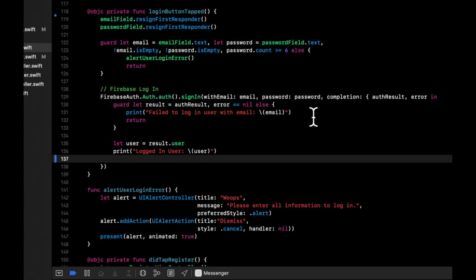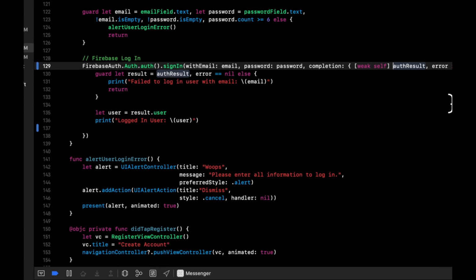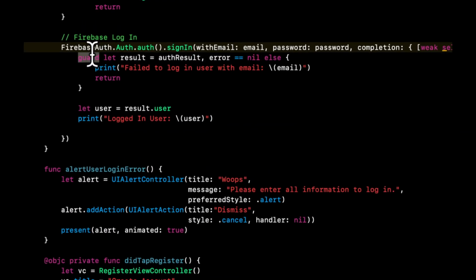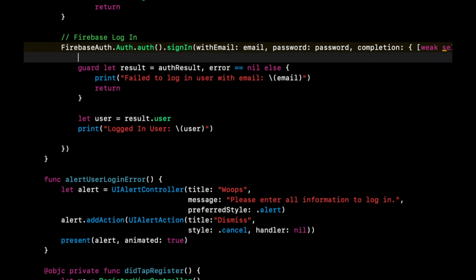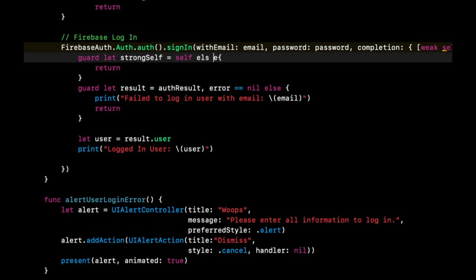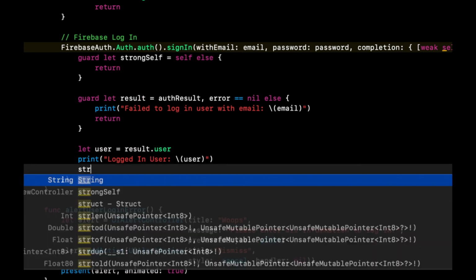Pretty straightforward. Make sure that you put a weak self over here so we don't cause a retain cycle. And we can unwrap that weak self as well to be a strong self. So we can say guard let strongSelf = self. Let's put a return. Let's fix that else. And what we want to say here is strongSelf